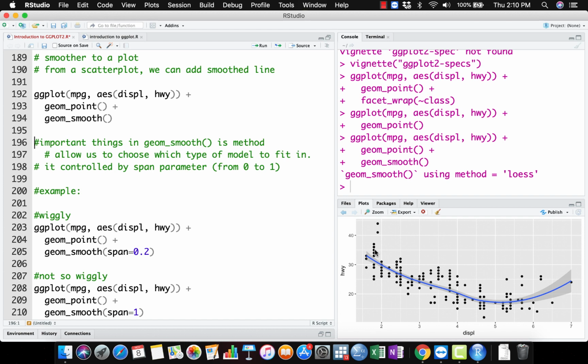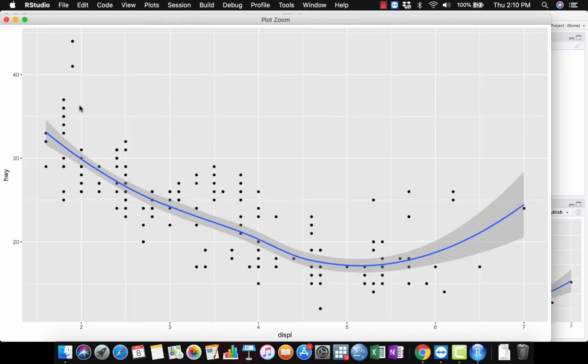Right. So these overlays of the scatter plot with a smooth curve, including an assessment of uncertainty in the form of a point-wise confidence interval, right? Shown in gray. This is a confidence interval, lower limit and upper limit. Right? If you are not interested in the confidence interval, you can turn it off by using geom smooth SE